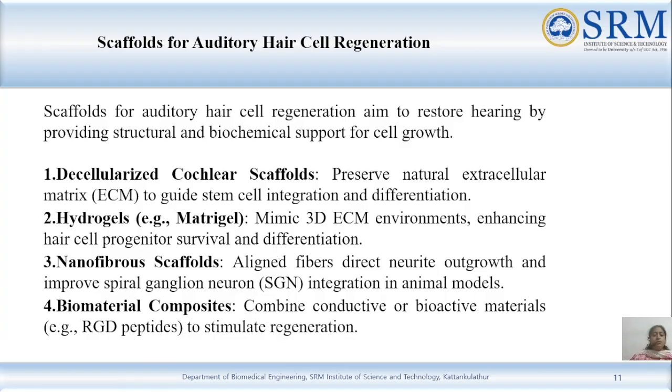Then we can also use nanofibrous scaffolds. So aligned fibers which can be produced using electrospinning can be used to direct the neurite outgrowth and also to improve the spiral ganglion neuron integration in the animal models. And we can also use biomaterial composites, as in we can combine conductive or bioactive materials. We can use specific molecules like RGD peptides, which can help to stimulate the